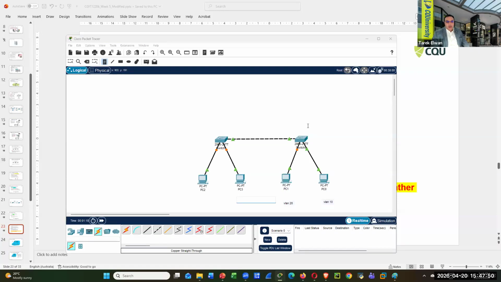Those guys are in another building, assume this one is in either a floor or a building. This one, building A. That's building B. And those are in two different buildings, okay? That's switch 1 and switch 2. And they want to talk to each other. Why do they want to talk to each other? Okay, if I have an employee here in the IT department who wants to talk to someone in the